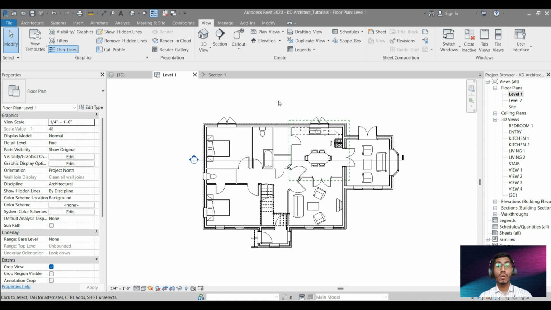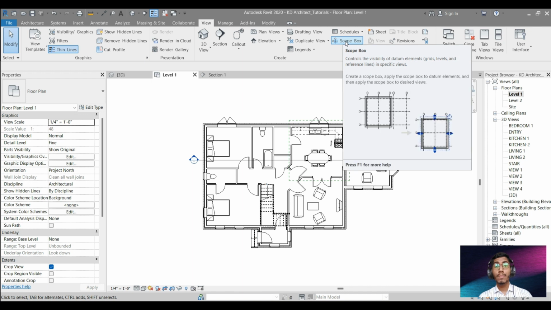So to create this scope box, you can go to the View tab over here and just select the scope box. I guess I made a separate video on the scope box. You can check it out from the description. I'll attach the link of this video. Otherwise, you can check it out from the I button in the upper right corner. So keep watching this video, and after that you can learn the scope box through the video which I mentioned.